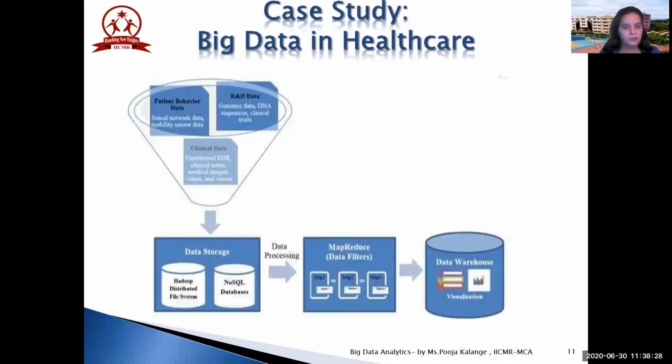Okay, so nowadays the healthcare sector has become a very vital sector. Now, whatever chapters we have seen till now, you must have understood there are some major drawbacks related to big data. So the first drawback is storage. How can you store the data? Next thing is you have to search the data in a proper way.